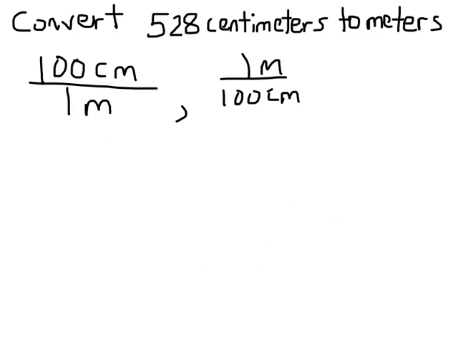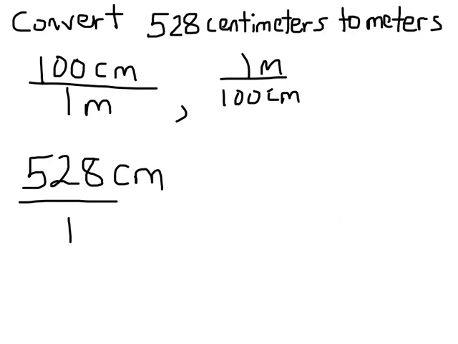All right, here it says convert 528 centimeters to meters. So what are we going to do? We're going to write what we have first, 528 centimeters, and we're going to put that over 1, and we're going to write times and a unit multiplier. Now we have to decide which one of these we're going to use. Well, which one gets rid of the centimeters? If we cross cancel out here, we have to cross cancel here. So we need centimeters here, and whatever we want to end up with always needs to go on the top